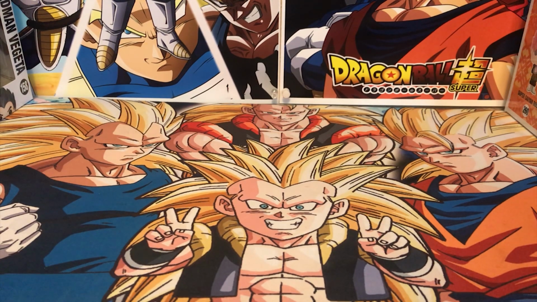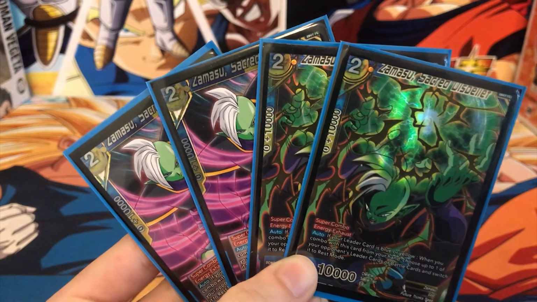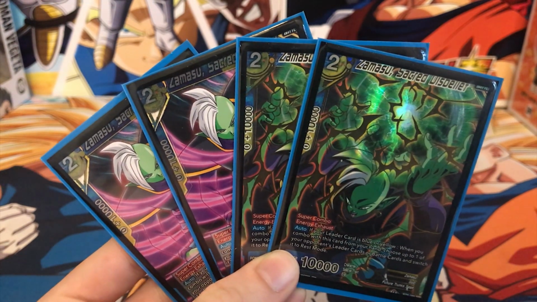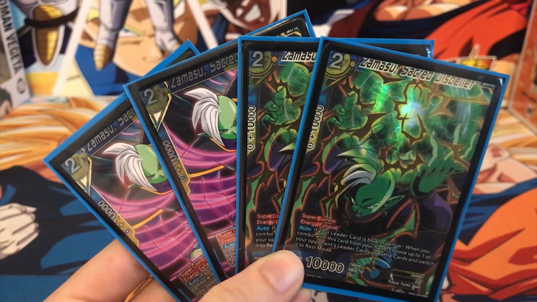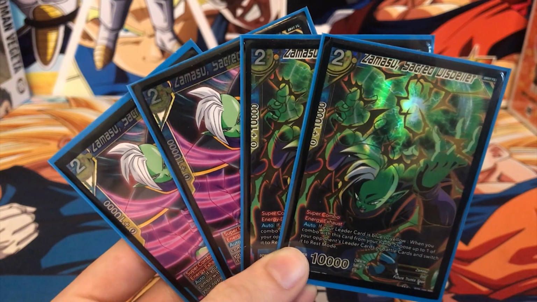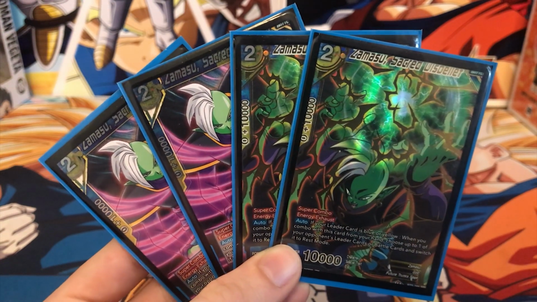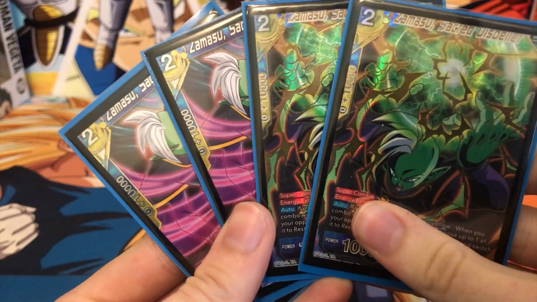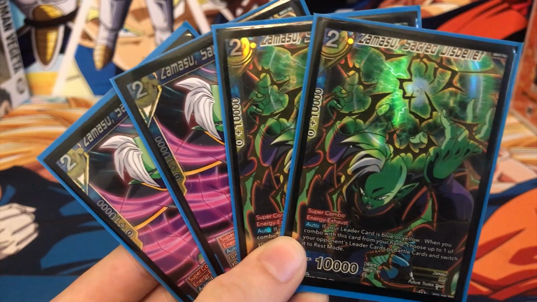Then for our super combo, we run 4 Zamasu, Sacred Disbelief. We are not running a 2-2 split because you can search this guy off your leader, and he's just really good. He's a multicolor super combo, and when you combo this card, you choose up to 1 of your opponent's battle cards or leader cards, which is really nice, and put them in rest mode. So that's crazy good,